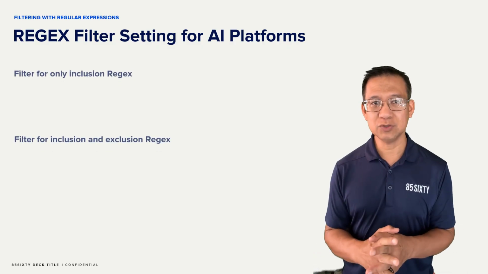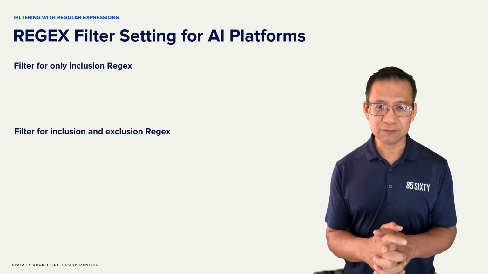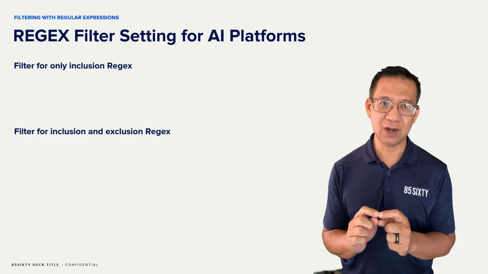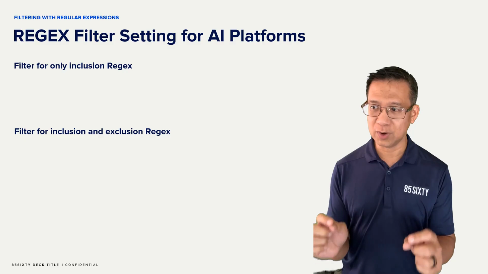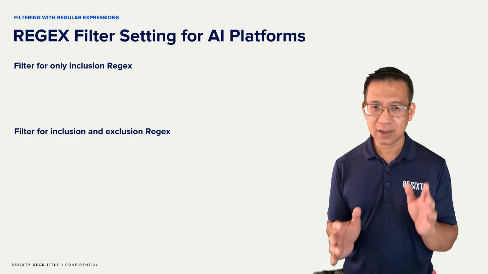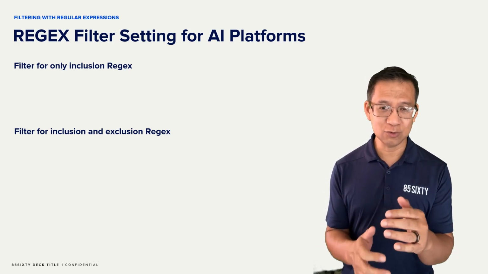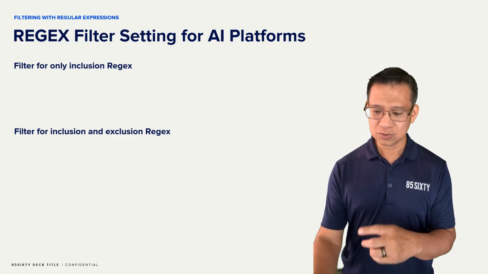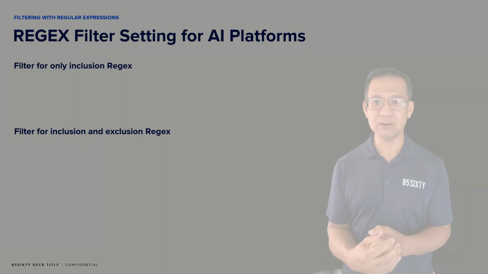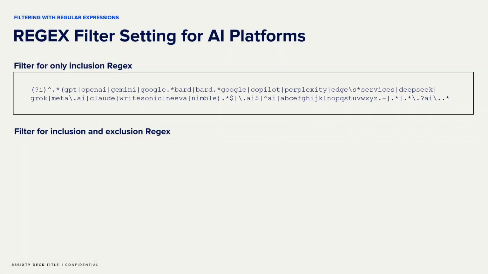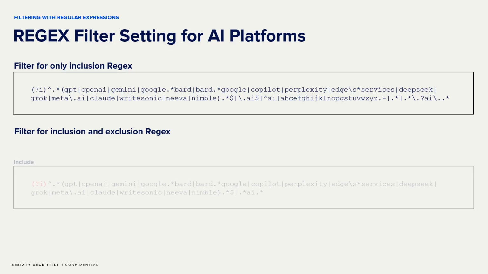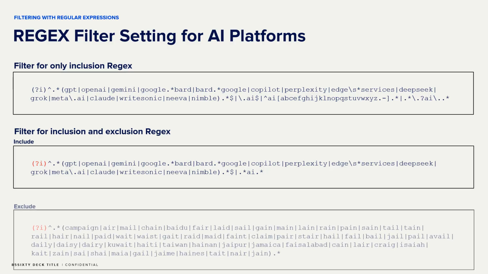I'm breaking them down into two. One is if only inclusion regex is allowed, meaning you give a pattern of what sources should be included. Now, I'll give another example that is more accurate, is if inclusion and exclusion is allowed. So for the inclusion, this is the main regex pattern. It doesn't have to make sense right now, but you'll see that this is a search pattern to determine what the different platforms are and basically include them in the results. Now, if exclusion is allowed, there are two. There's an include regex and there's an exclude regex.